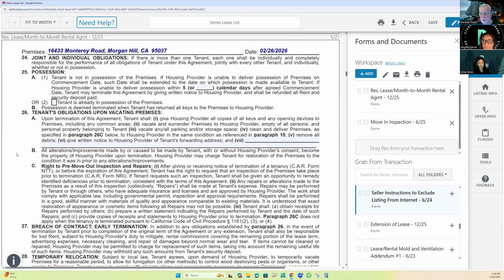Tenant's obligations on vacating, it says you're supposed to move all your stuff out. No debris, personal property, everything. Clean and deliver premises. By the way, the law does not say professionally clean. I hear agents saying that all the time. Well, you have to have it professionally cleaned, or we're going to keep your deposit. Good luck, right? The only times that this has actually been litigated,